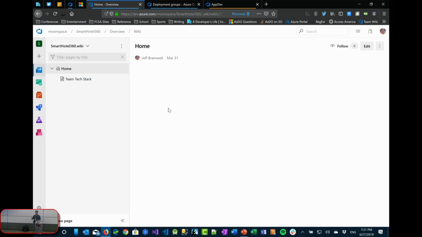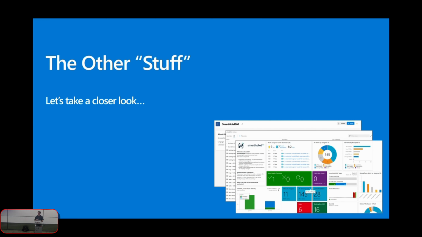Typically they are project based, but typically it's, here's what the project is about, or maybe there's a support page and support information for who to contact, or whatever the case is, or maybe it's your developer machine setup type instructions. Hey, I'm going to build this project for the first time. What do I need to know? It's that kind of stuff. And might be even like team notes. Whatever you can dream up for a wiki, it can handle.